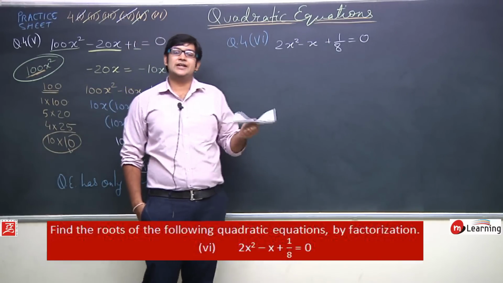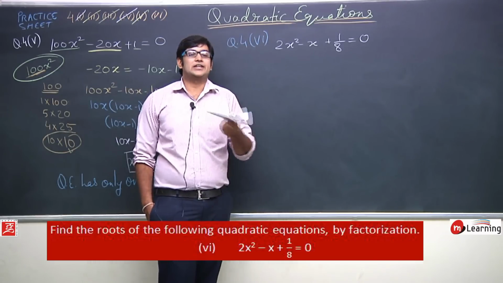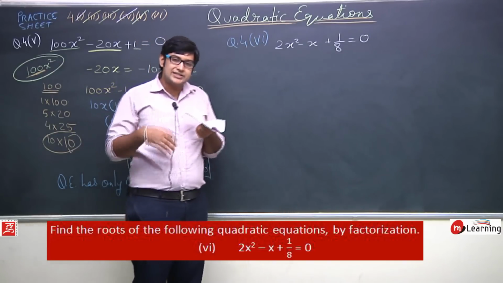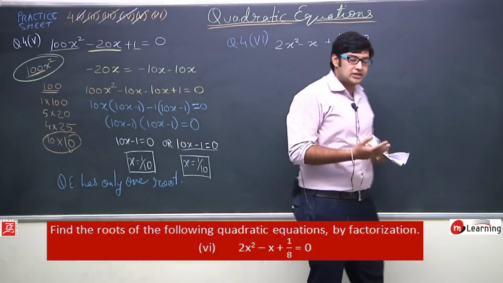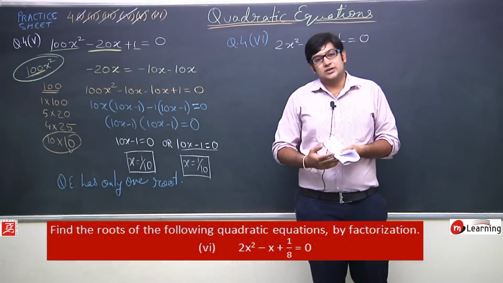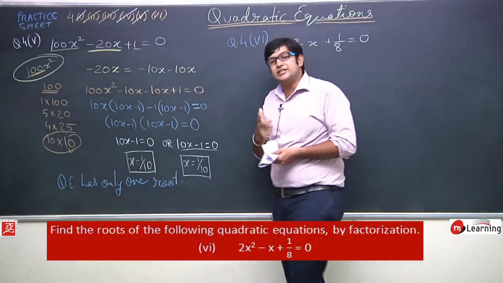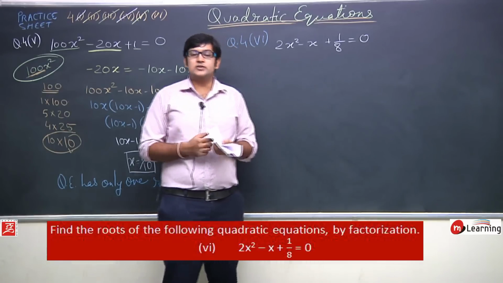Okay, the constant term is a fraction, but it is very difficult to solve fractions. If a quadratic equation has a fraction, then finding its zeros by the method of factorization or by any other method causes a lot of difficulty and problems. That is why we will first remove this fraction. We try to remove this fraction. How can we remove this fraction?